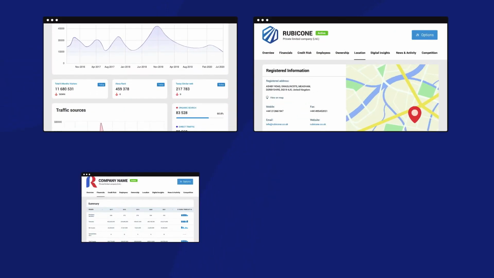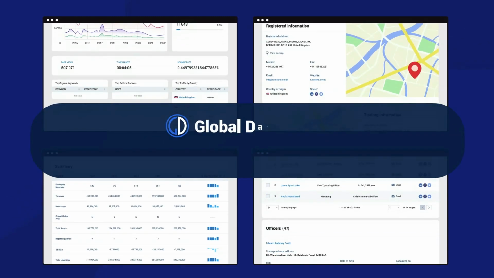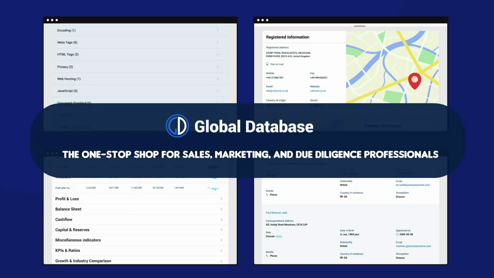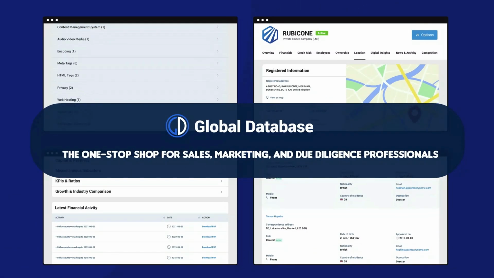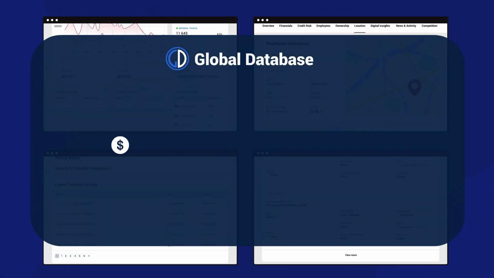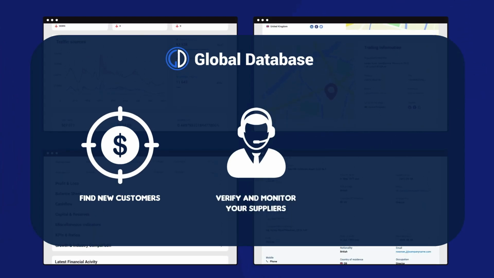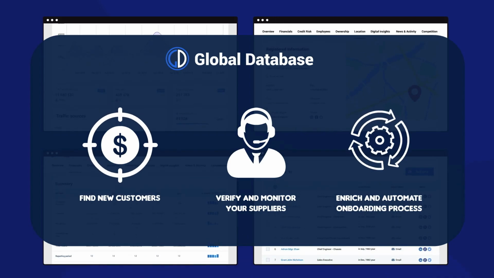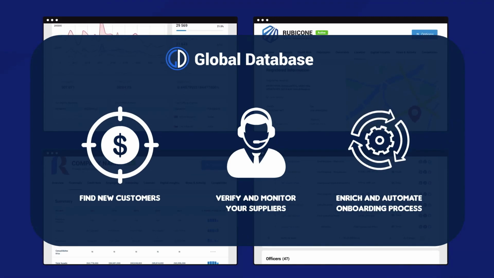As we've mentioned in previous threads, Global Database is the one-stop shop for sales, marketing, and due diligence professionals, delivering every tool you need to rule your workdays. Whether you're willing to find new customers, verify and monitor your suppliers, or enrich and automate your onboarding process, Global